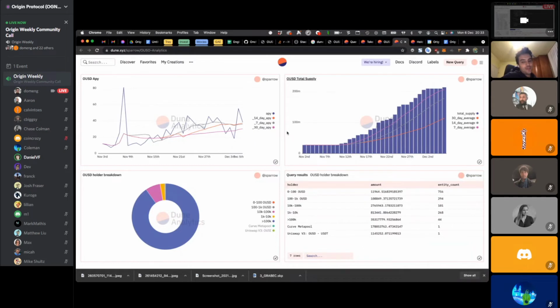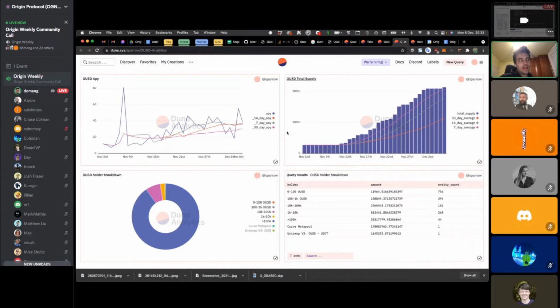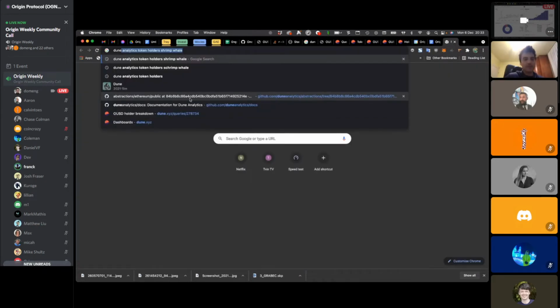Yeah. Hey, Domin, do we have any APIs, or can you only build these dashboards on the UI side? I guess my question is, can you pull the data from Dune Analytics using an API? I don't know. I will check that out. That's a good point. Because maybe then, are you asking whether we would need our own analytics? Yeah, I'm just trying to understand the capabilities.